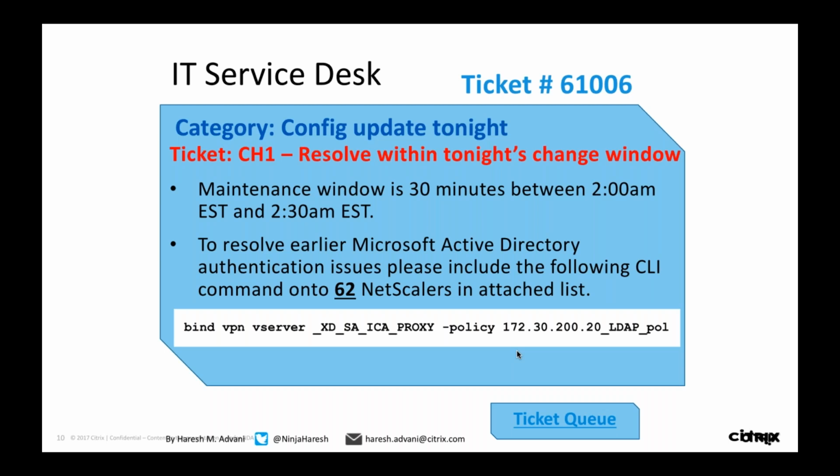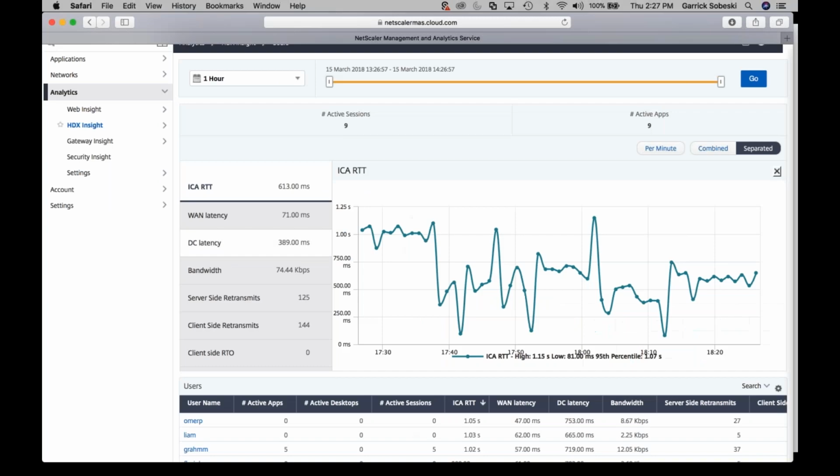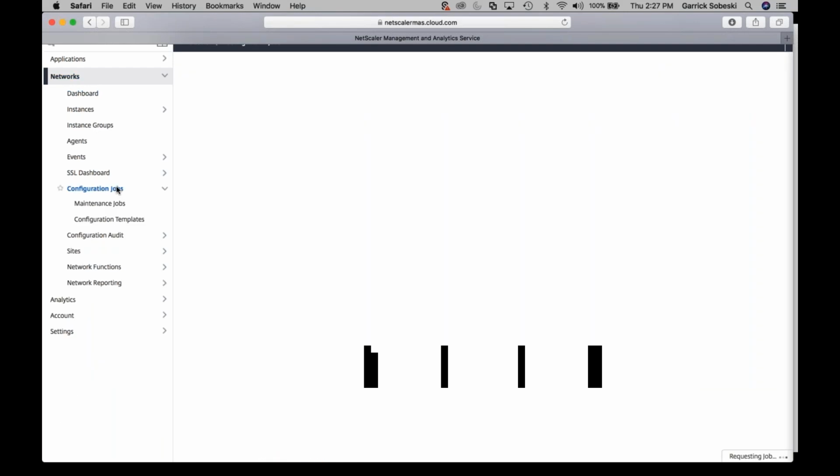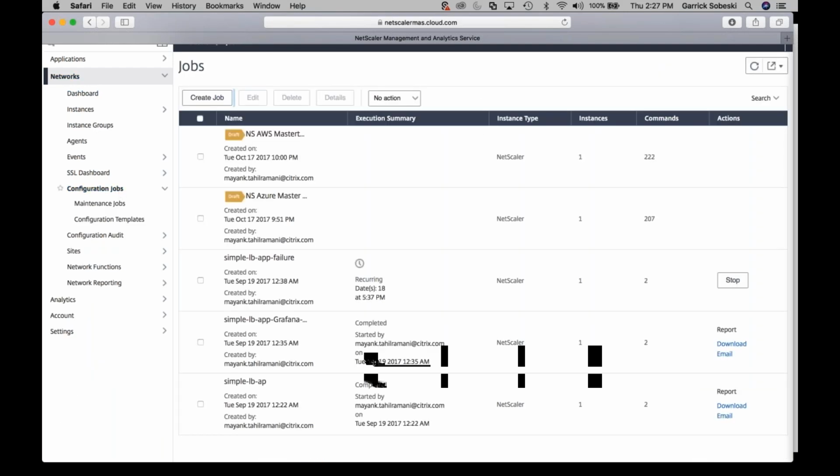how can MAS help you push out a config snippet like this onto X number of NetScalers at a particular time, and how and why, what else do we do to help you with that? So let's move on to the MAS interface, and we'll go to the section for jobs. Now, Garrick showed you this a little earlier. This is the screen where you would go. So what you do is, once you have the syntax that you need, you would click Create Job,